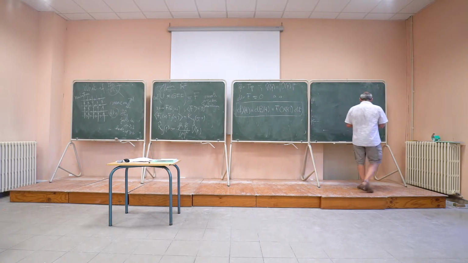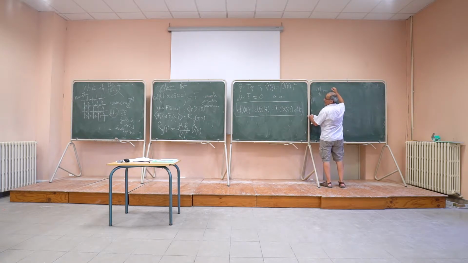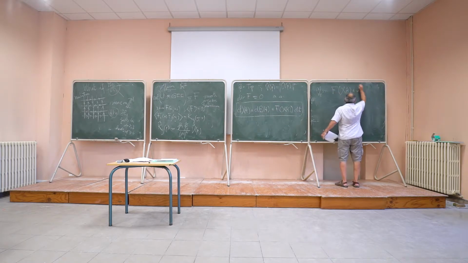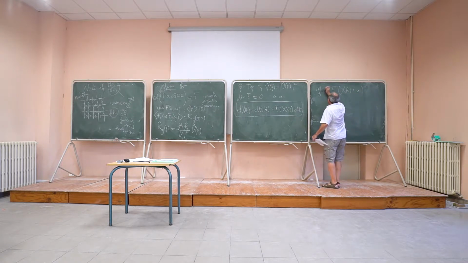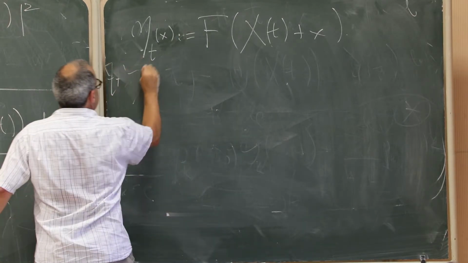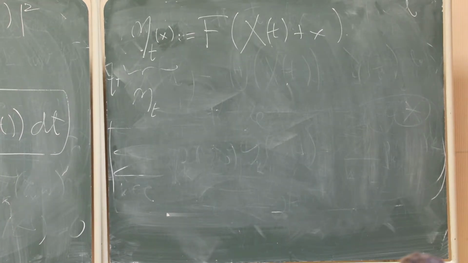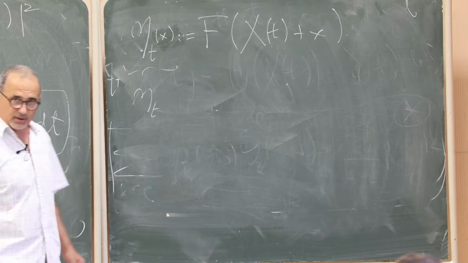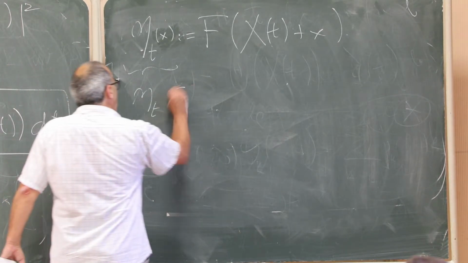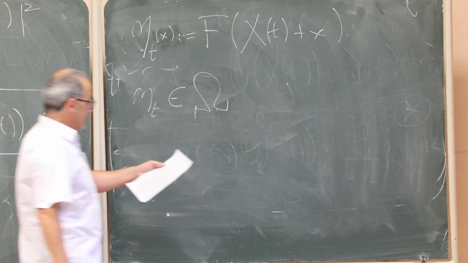And now let me denote eta_t to be f of X_t plus x. This is exactly eta_t of x. And I think about this as eta_t, the field. So this is the environment as seen by the random walker, right? This is in a function space. My omega is what? My omega is